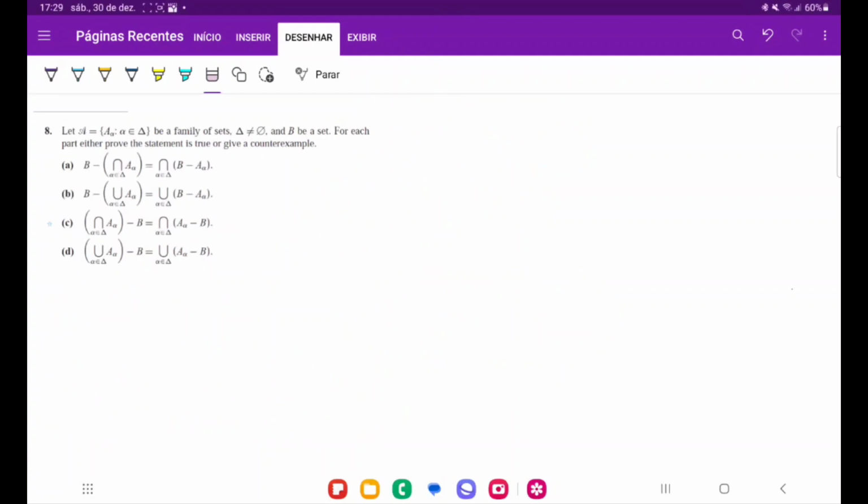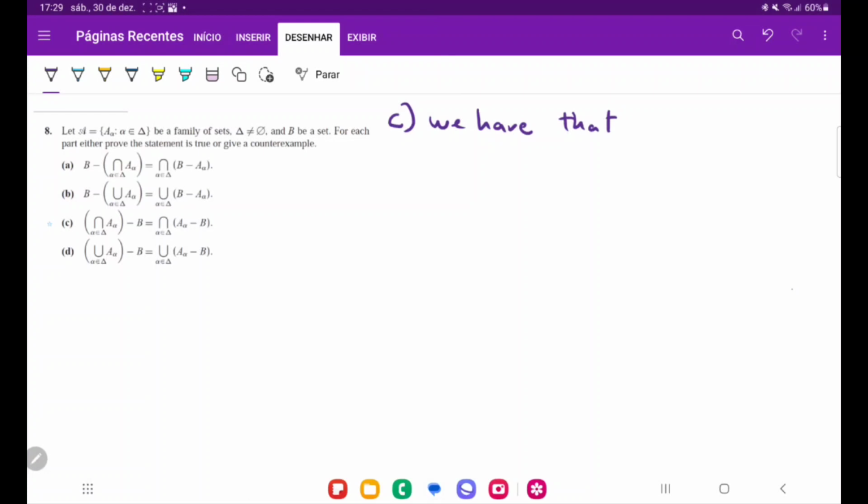Okay, so for item C, we are going to show that these are equal, and we're going to do it using a chain of if and only if statements. So we're going to take some element that is here and show that it must also be there, but because we're doing if and only if statements, that also means that we can begin at the conclusion and then work backwards, and so it means that they are equal. So we're going to say we have that